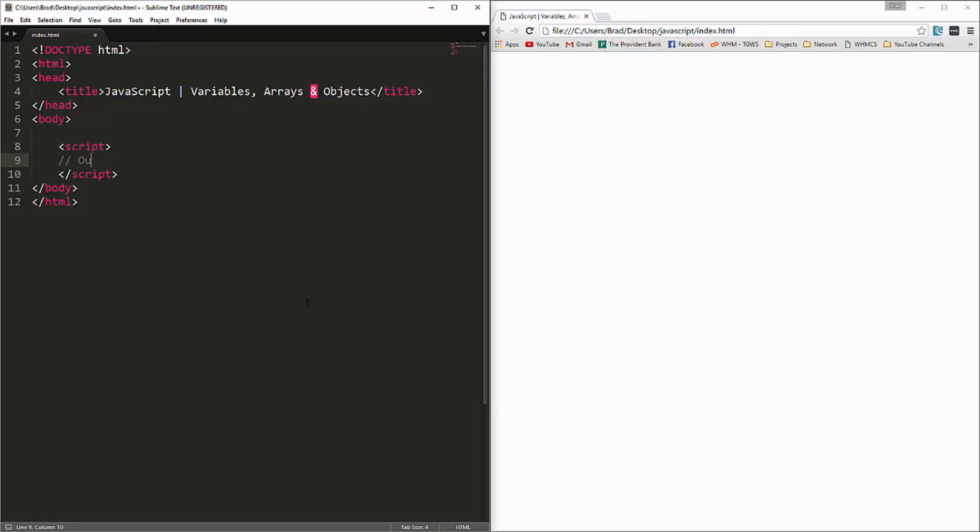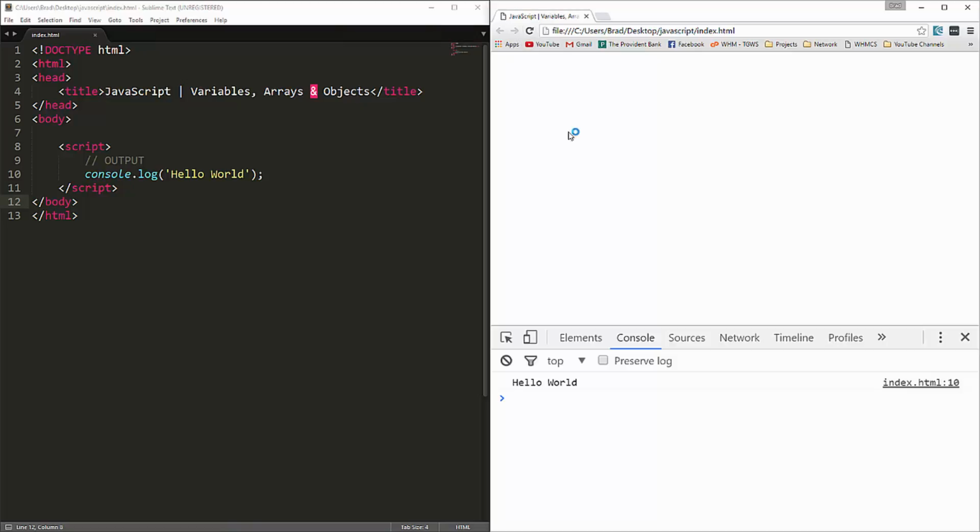Alright, so I just want to show you the different ways that we can output. So what we'll be mostly using is console.log. And what that'll do is it will log whatever we want to the console. So let's just say hello world and save it. And then if we run this in the browser, you won't see anything here, but if you